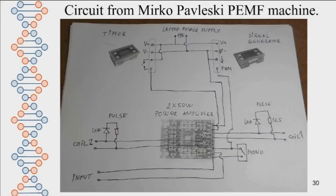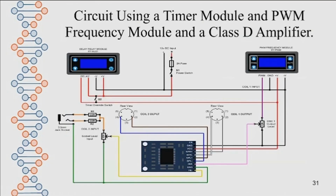This is a copy of the circuit which this gentleman did. I altered it, and as you'll see on the next slide, I had it drawn by my good friend Steph. Unfortunately, on this slide there are no level controls, which there are on Mirko Pawlewski's picture, as you'll see. Circuit using a timer module and a pulse width modulator frequency module and a Class D